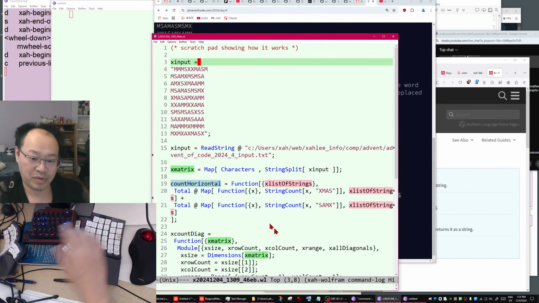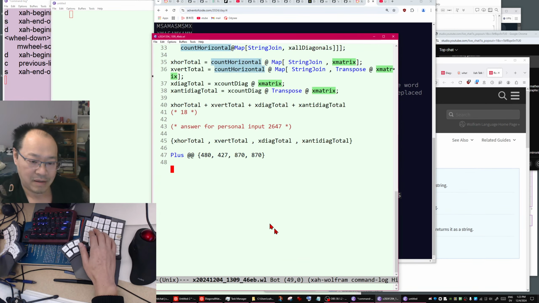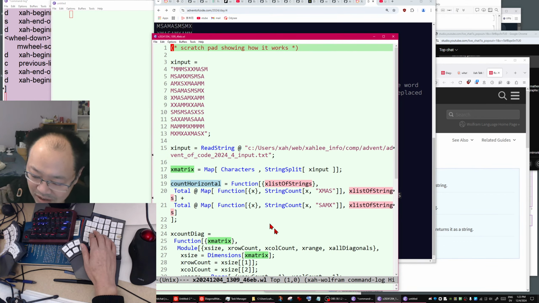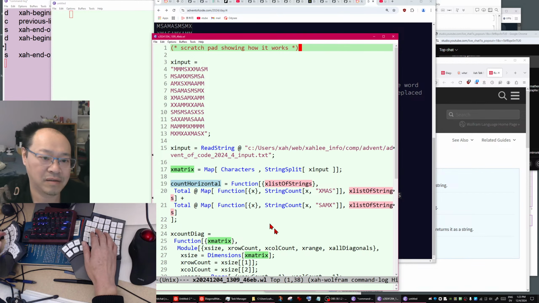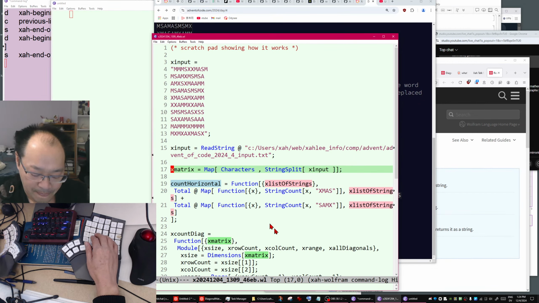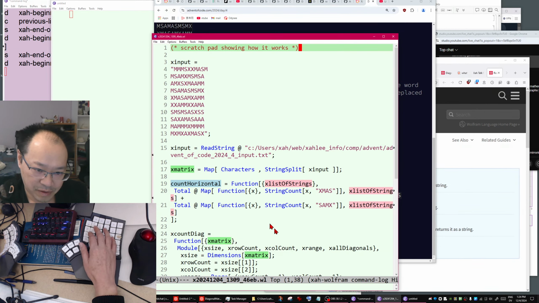That's why the answer is the same. That's why we got a logical error. It's not a bug or something. It's our logic error. So we don't want transpose.